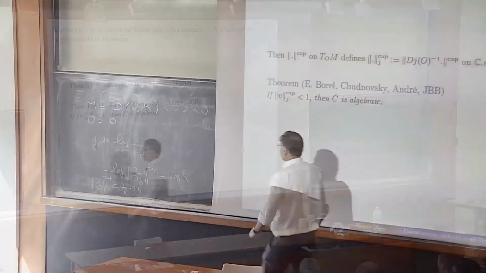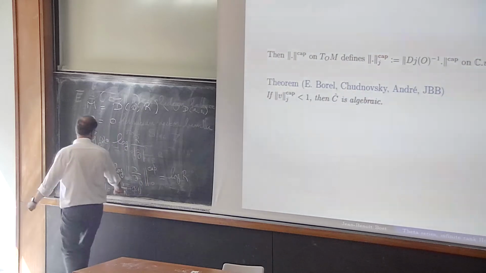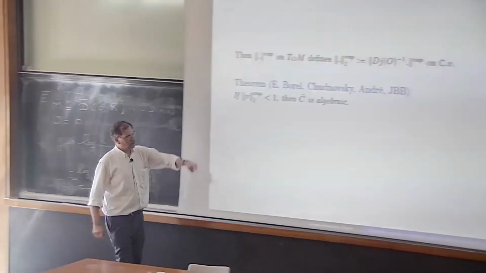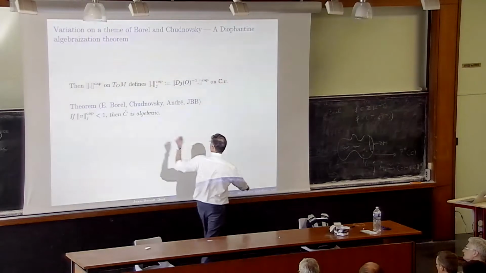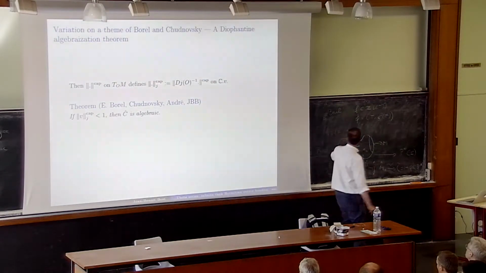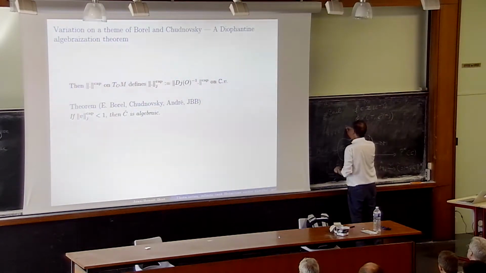And here, in this situation, of course, if R is larger than 1, this condition V smaller than 1 is satisfied. So you get that if R is smaller than 1,